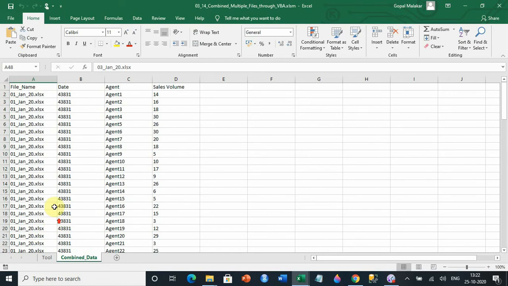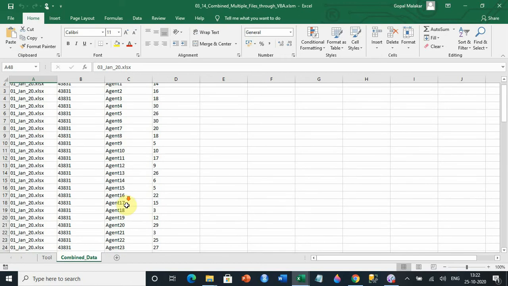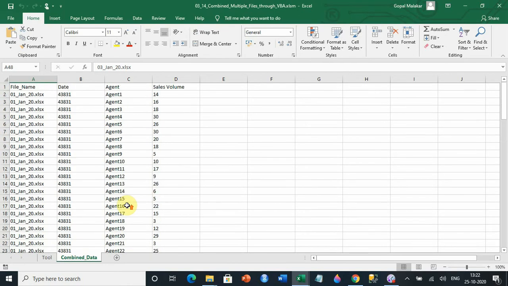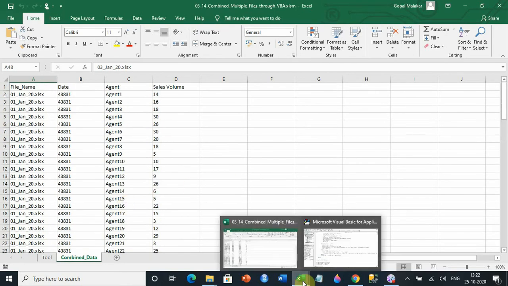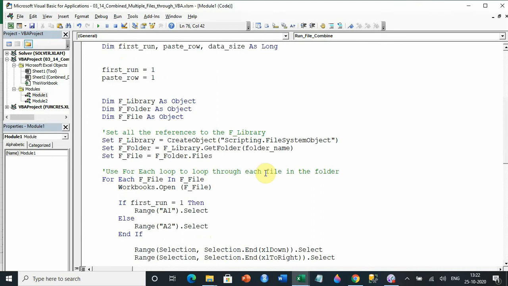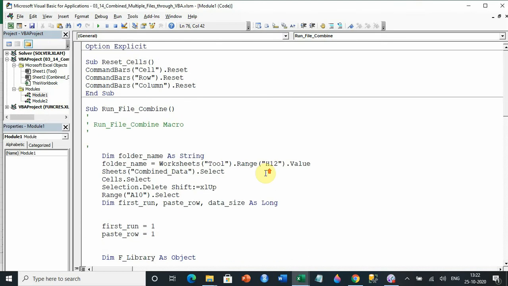If you look, it put the header only the first time; from the second time it's just putting the data. Let me explain the commands step by step. In fact, if it does not run at times, you will have to run this command by coming here and clicking here. How will you reach this particular window?